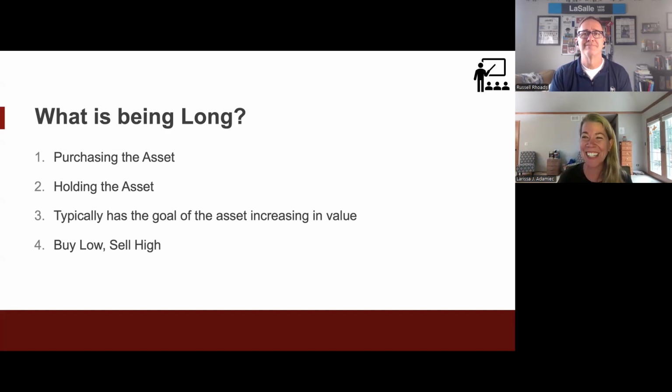Well, again, cool the way I think of it. So what does it mean to be long? Being long really means that you buy the asset. Your goal typically is to hold that asset until the asset rises in value. And I'm putting out there the idea of buy low, sell high, because when we look at shorting, we're going to be doing the opposite. Okay. So again, we're just buying the asset, and that's what it means to be long. And the reason why we call it long is because we are playing the long game and we think that the asset's going to rise in value.